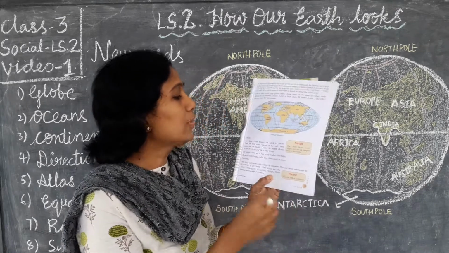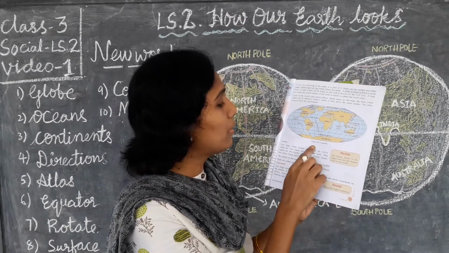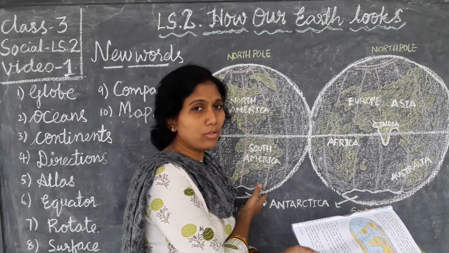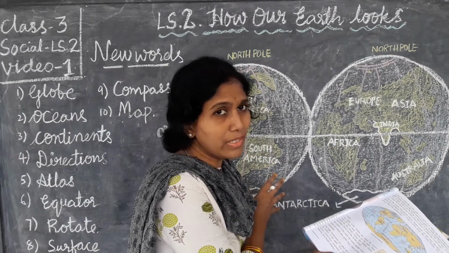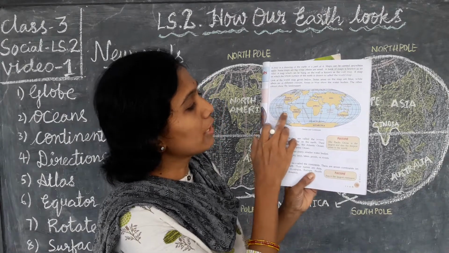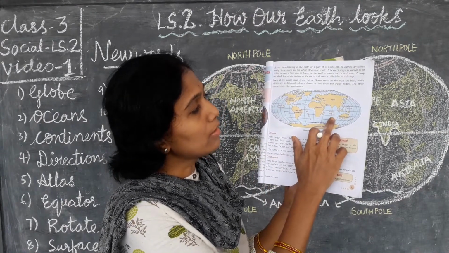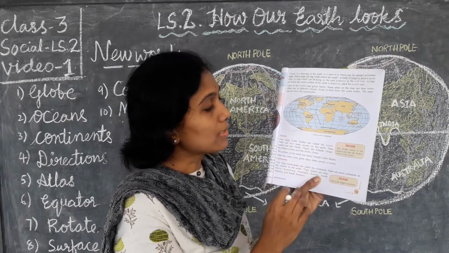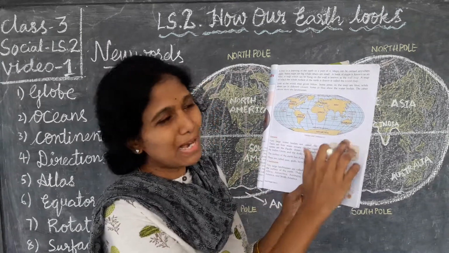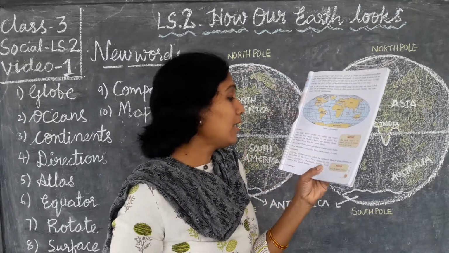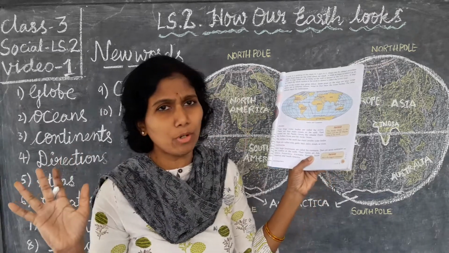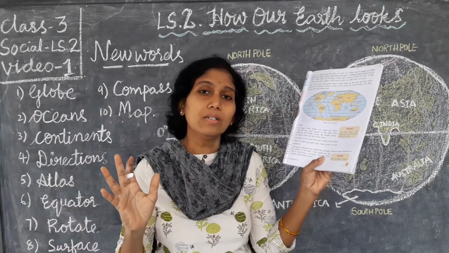Now oceans are there. You see the picture on page number 13, oceans and continents are given here. In the picture on the board I drew only the oceans; the continents I gave you, there are 7 continents. You see the Pacific Ocean, Atlantic Ocean, Indian Ocean, Arctic Ocean, and the Antarctic Ocean, different oceans in this map. Very large water bodies are called oceans.